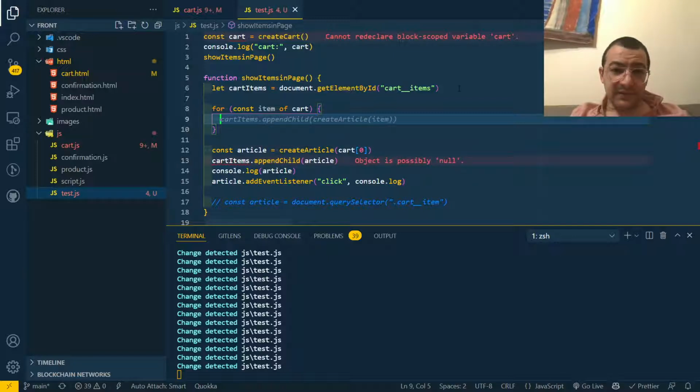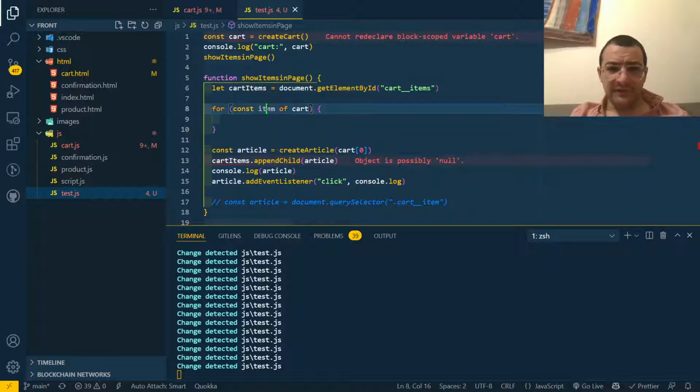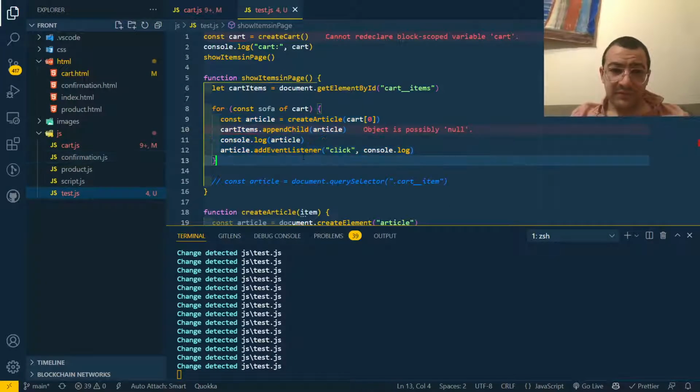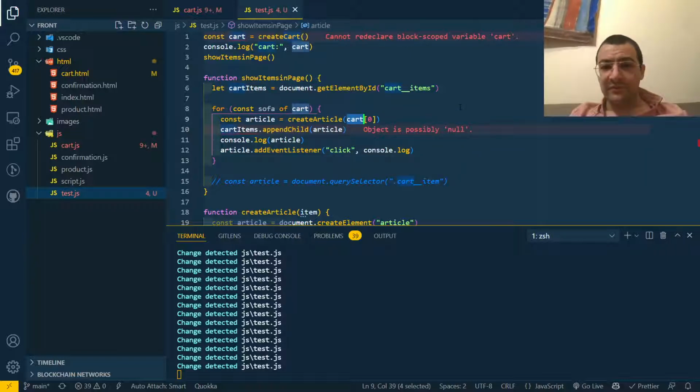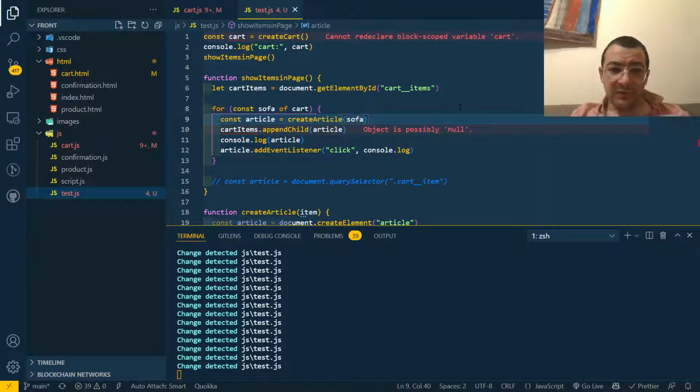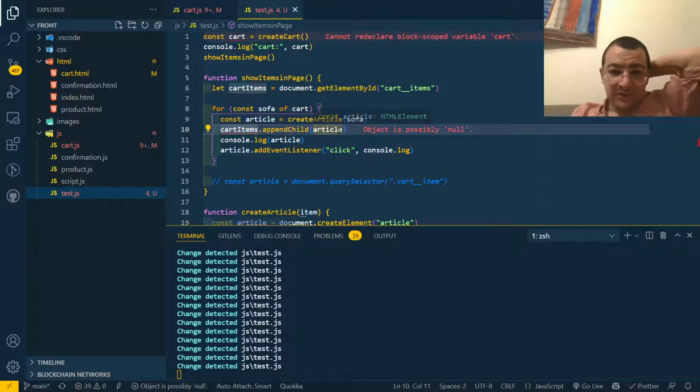Instead of item, let's call it maybe sofa. So for each element in the cart, I would like to put all of this inside the loop. So const article is going to be created from the current element, the sofa. On the cart items, append child article,